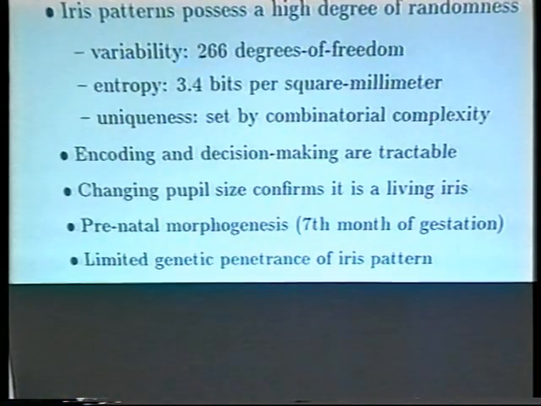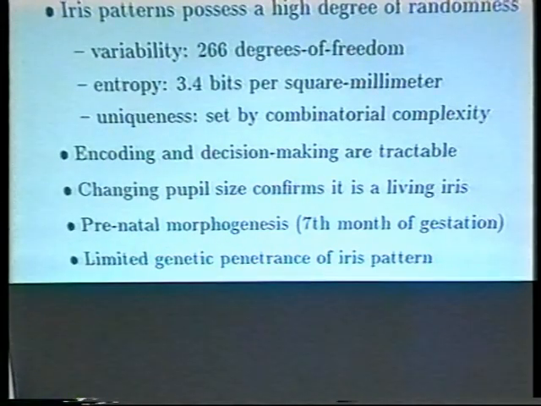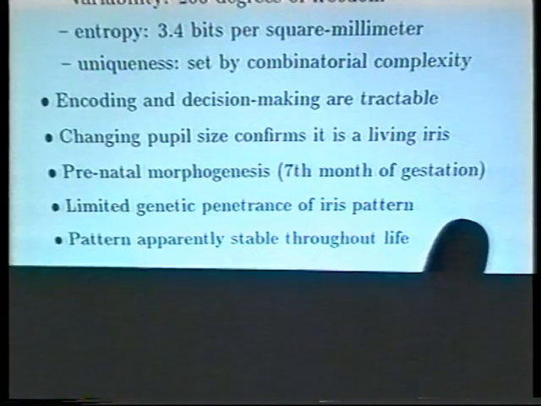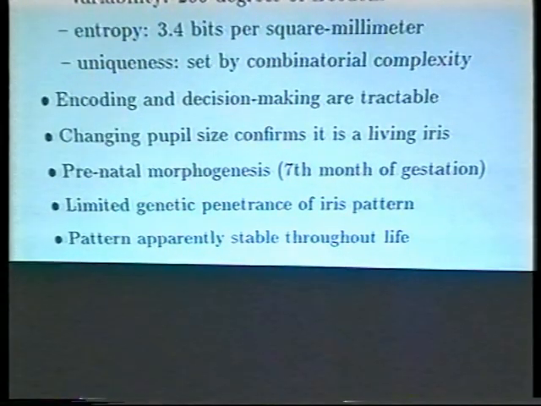Speaking of genetics, an important property is the lack of genetic penetrance of iris patterns, which means that identical twins have completely uncorrelated iris patterns. And this is an advantage over, for example, DNA testing. Something like 1 person in 120 in the population at large has an identical twin, which means that over the population, DNA testing must have a false accept rate or false match rate no less than 1 in 121, which is not very good. I'll show you some data on the lack of genetic penetrance in these patterns in a moment. And the pattern is apparently stable throughout life, despite Imtope and the iridologists in San Francisco.